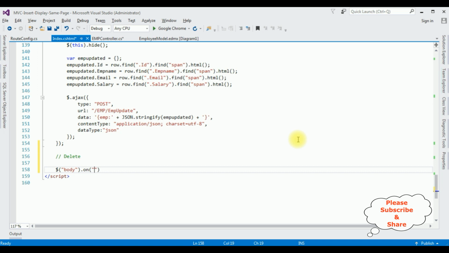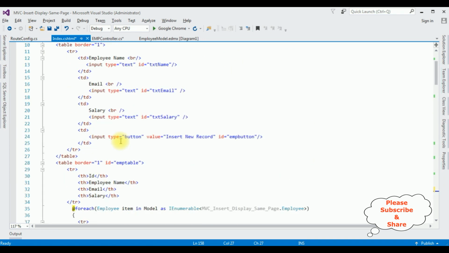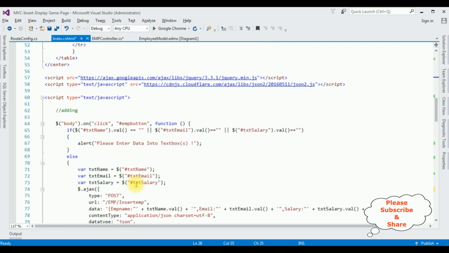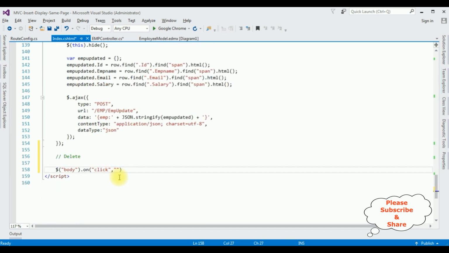It's a click event, clicking the delete button. So the event is click, comma, between double quotes, the target is the table ID, which is the employee table ID. The delete link button is in the table, so I'm adding the ID of this table, which is emp table, hash,